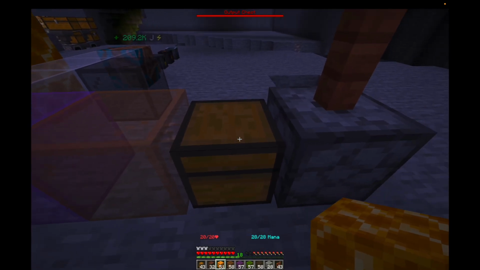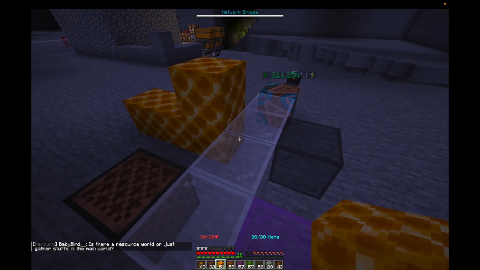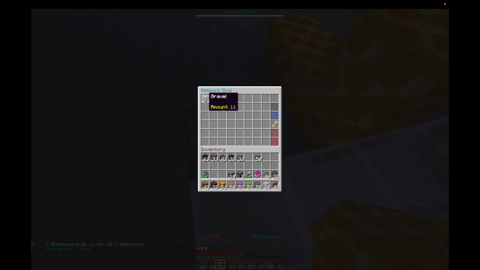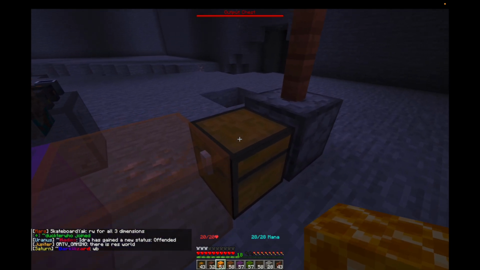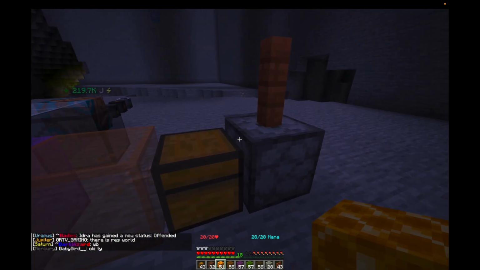So what people do is they would use an output chest, and it would normally go into the output chest. But because we have this attached to the network, everything goes to the network cell. And if we go here, we can see that it's stored there, and it says gravel amount 11. Just like that. So you might be asking, well, how do I get stuff from the Slimefun machines into the